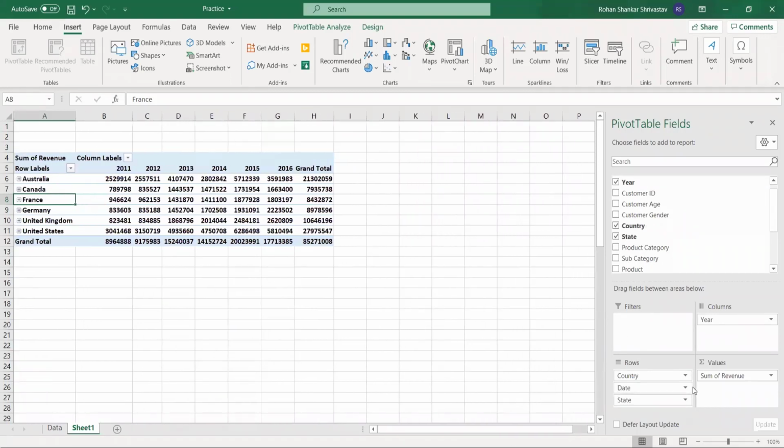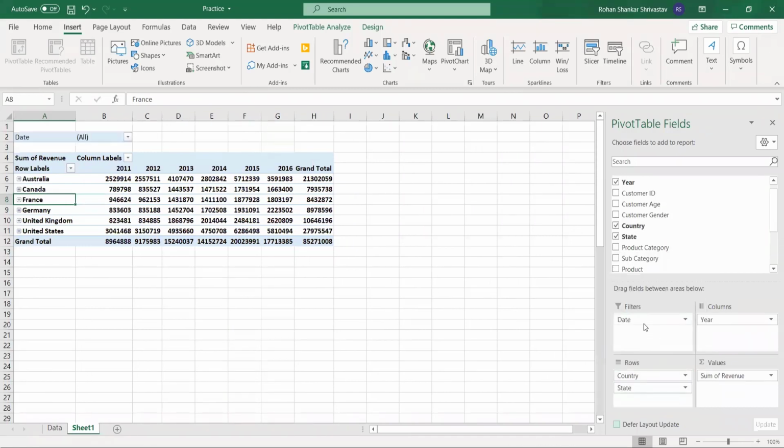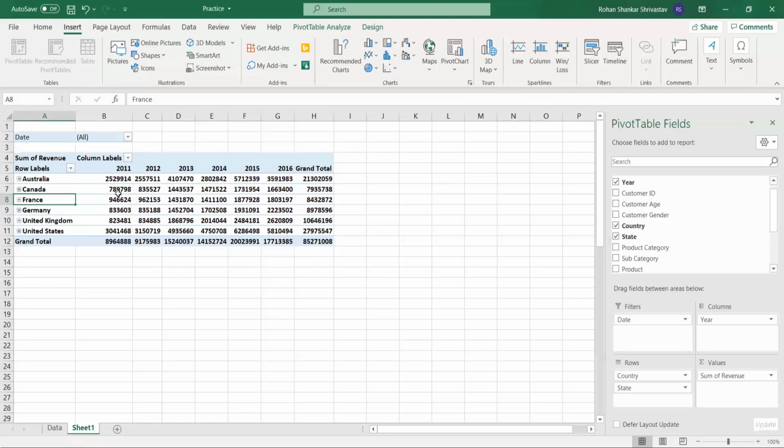For example, if you look at the number of fields that I have, there are too many fields here. You won't be able to process anything if you take all the dates as a single row. So what you can do is take the month out of this date, and you can aggregate this on a monthly level. That is still a small thing.